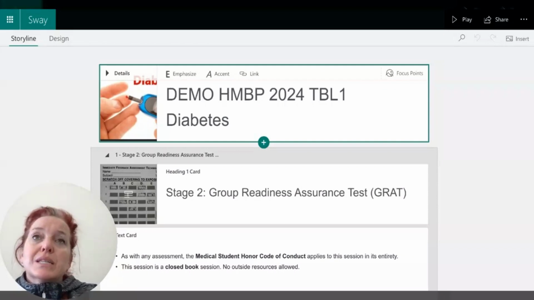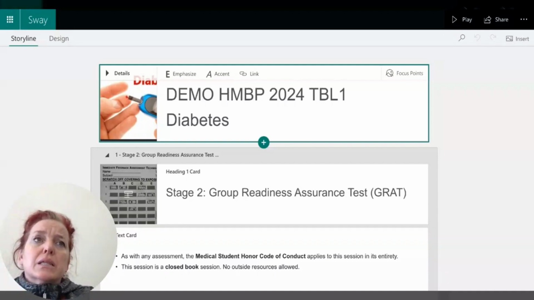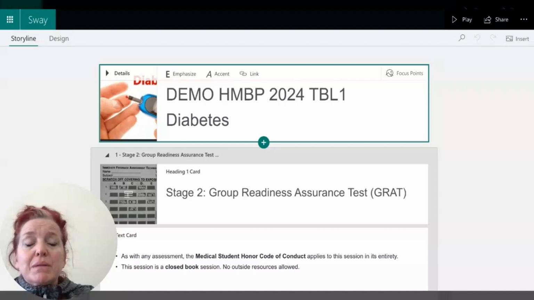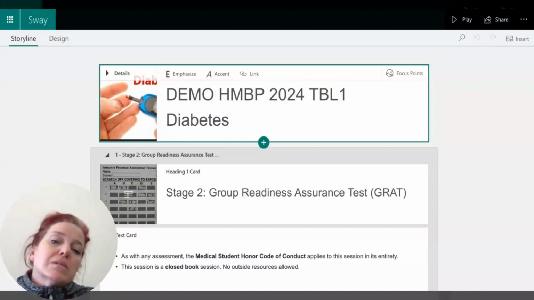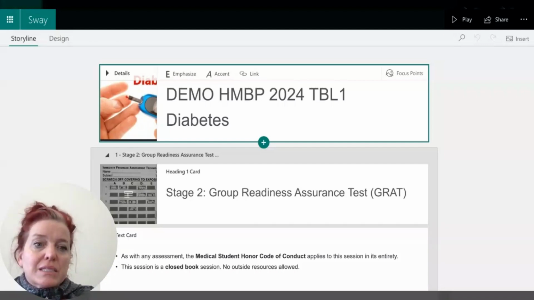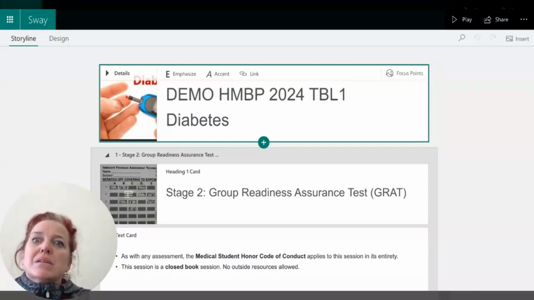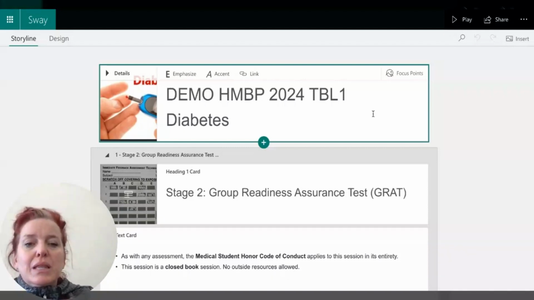And this was created using AI. What I did was I generated a Word document of the various portions of my TBL, including procedural things, and then the group assessment, multiple choice, and then the different forms that I wanted my students to fill out to report their outcomes, and also the application phases. Once I had that document, I was able to import it into Sway as an existing document, and then Sway, the AI, was able to have its way with that document